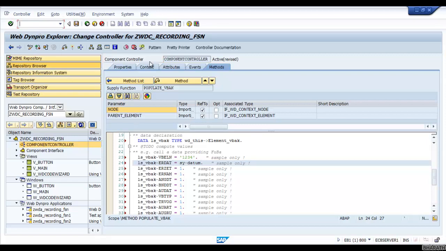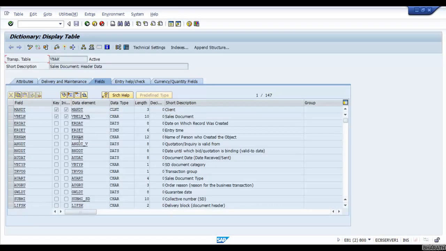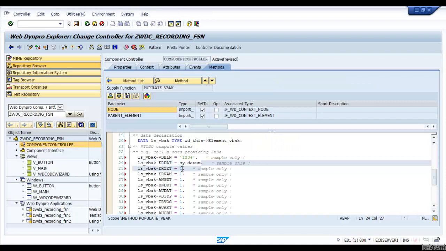Let me go to the VBAK table in SE11. Okay, this is the entry.